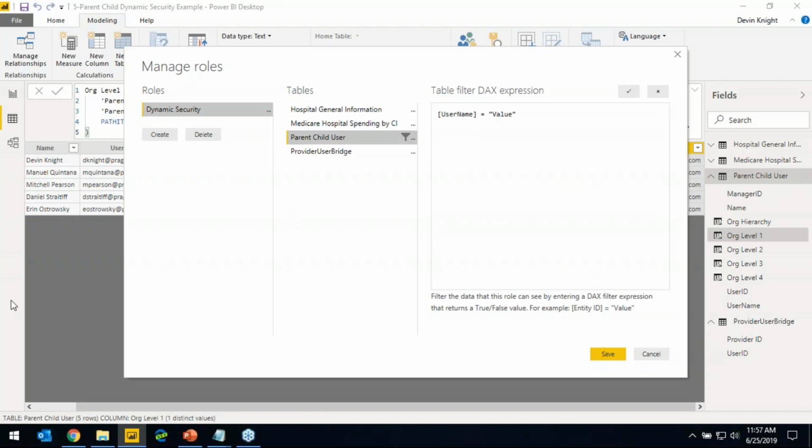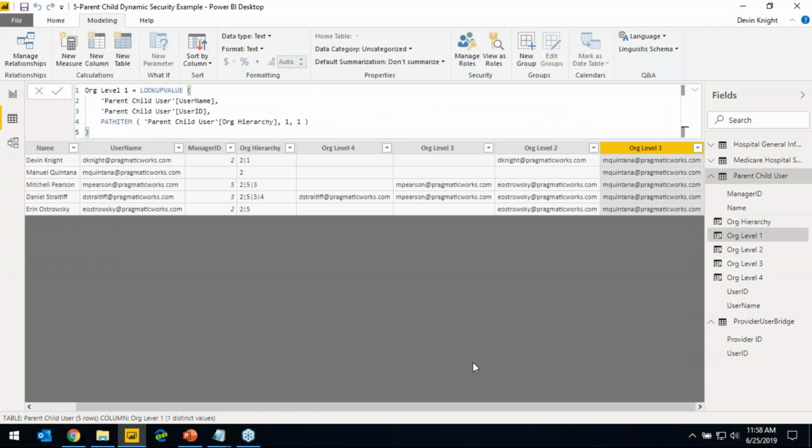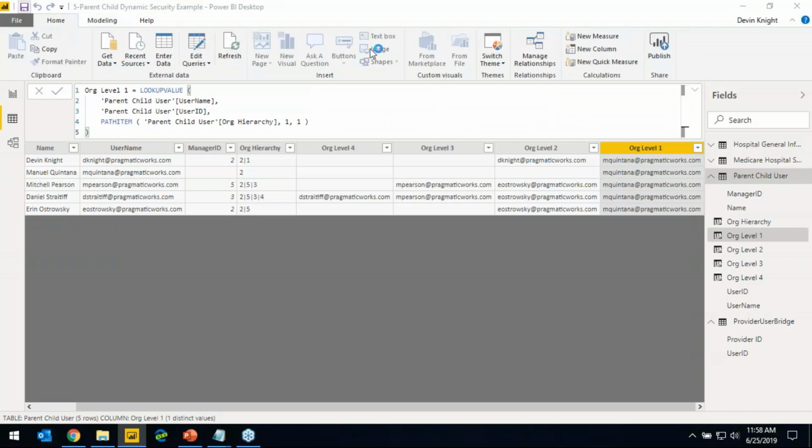For our username function, we're basically going to check and validate whether the username is captured within the hierarchy. I have a function that I've already written for this. It's basically a bunch of checks against the different columns that we have. We're going to check the username column to see if the user principal name matches the individual that happens to be logged in. So this would be at the level of the individual user. And then I'm going to check every other level of the hierarchy to see if the user logged in should have access to additional data if they happen to be the manager of somebody else. So if I hit save on that and publish this back out,